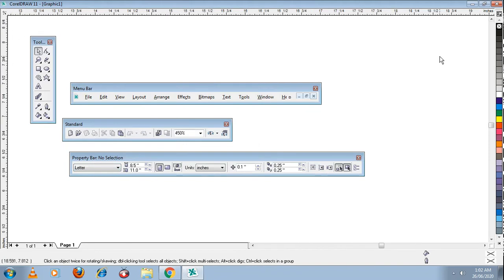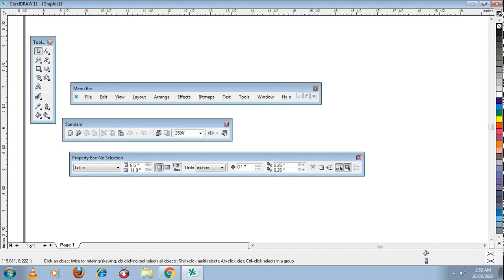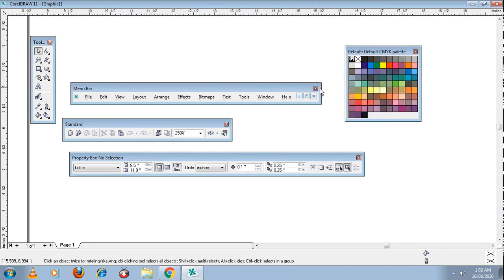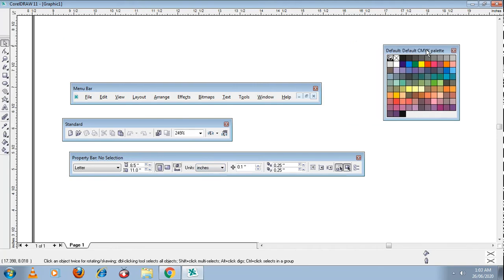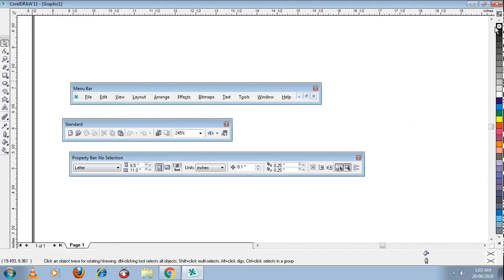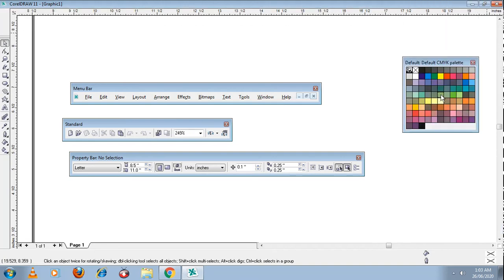Can we do this with the color palette? Yes, of course. Move your color palette. I'm just moving it with the arrow tool. Just move it down. Understood? Now how do I adjust this? Again, to adjust this I can make use of the title bar of these bars. Toolbox, how do I move? Just move your mouse arrow above it, that means on the title bar, and move it back in its place. Click and drag. Same here for the color palette. Move it back.